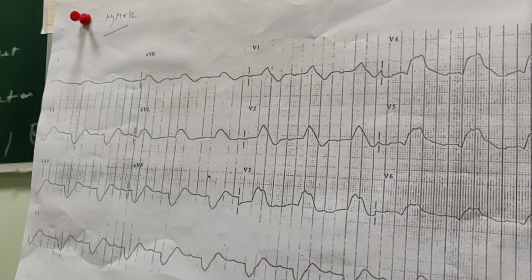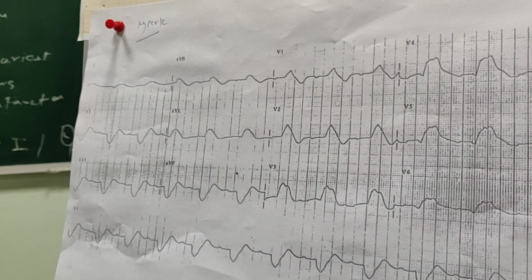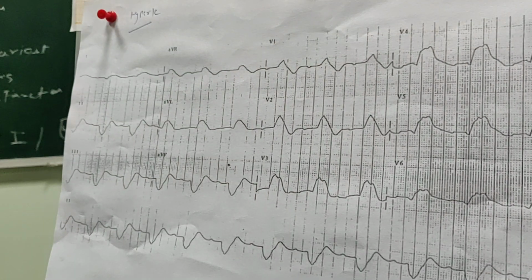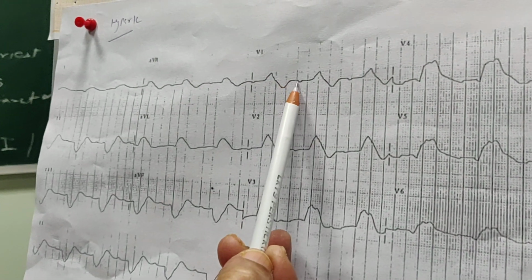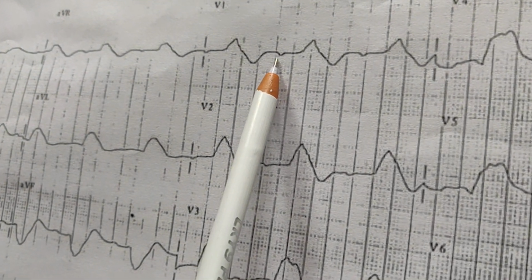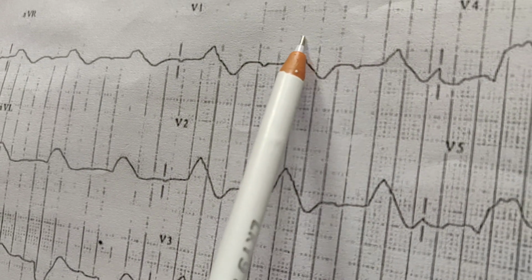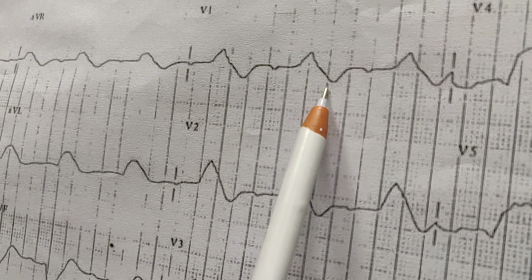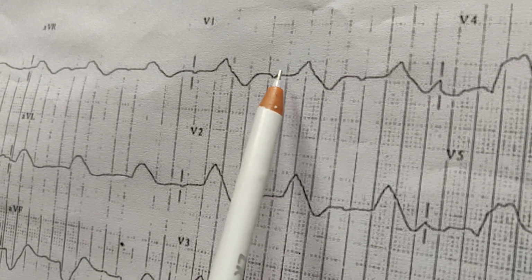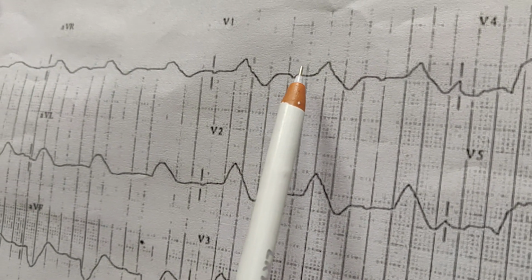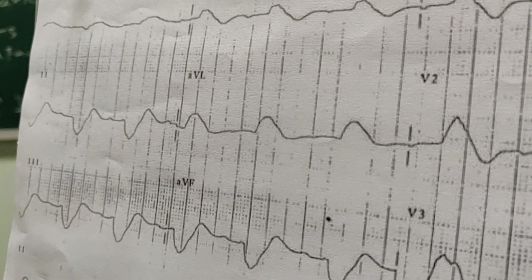Now this is a classic picture of hyperkalemia where potassium has really risen. Maybe it would be more than 7 here. So you can see the P wave here. Can you appreciate the P wave? This is a P wave. So it's a huge PR prolongation. And see, the QRS is bizarre and widened. There is so much widening, and the P wave is actually very teeny weeny. In some of the leads you can't even appreciate the P wave, because the P wave also becomes flat.